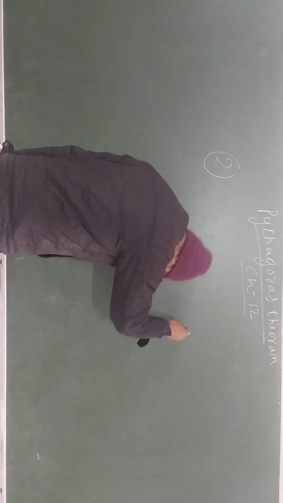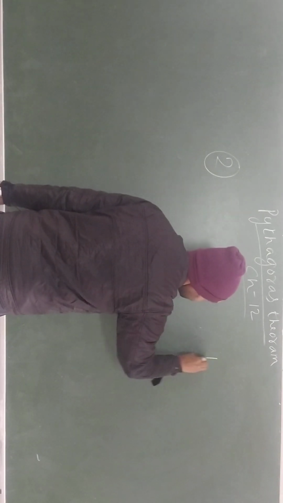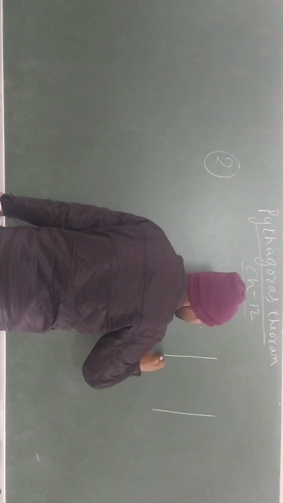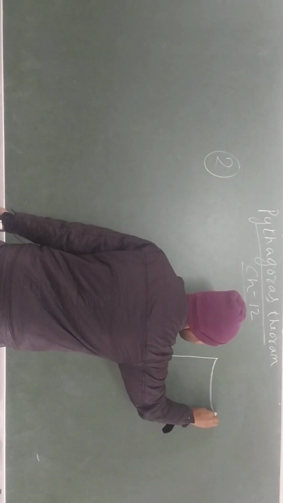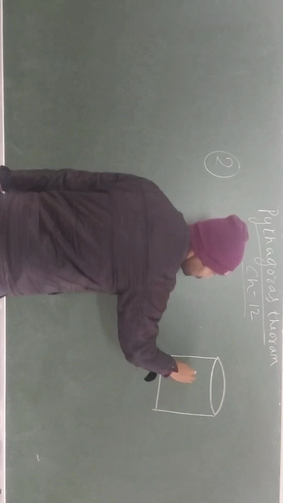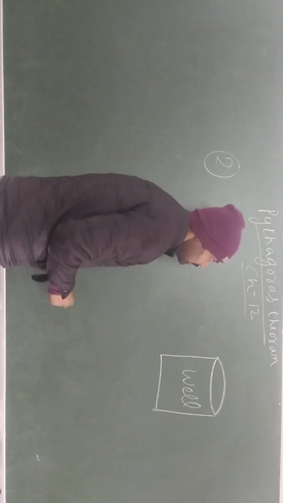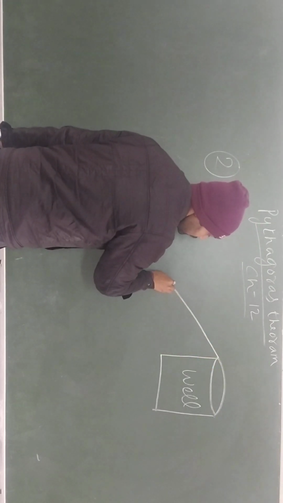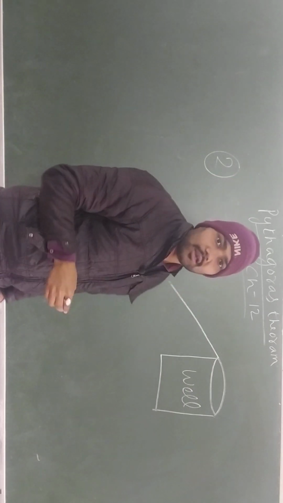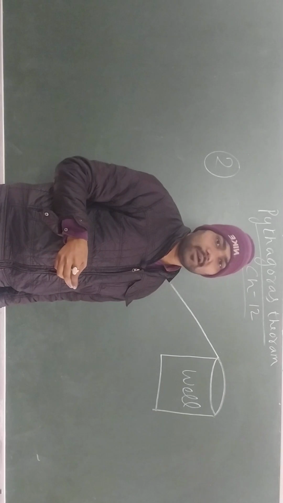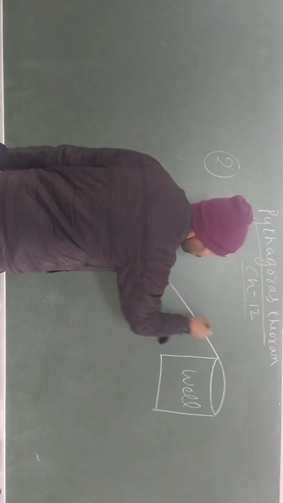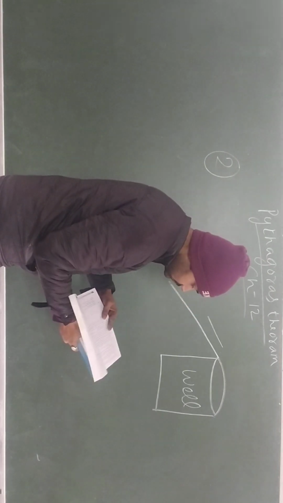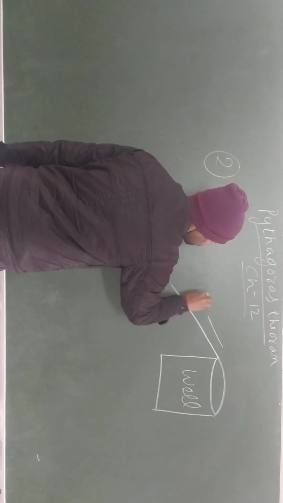So first we have to draw the figure in this case. Suppose this is a wall, है ना. And what are they saying? They are saying there is a ladder leaning on the vertical wall. It is leaning on the wall of the vertical wall. And what is the length of the ladder? The length is given, 10 meter, है ना.